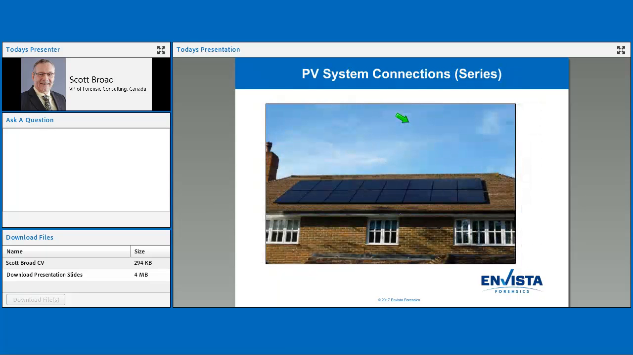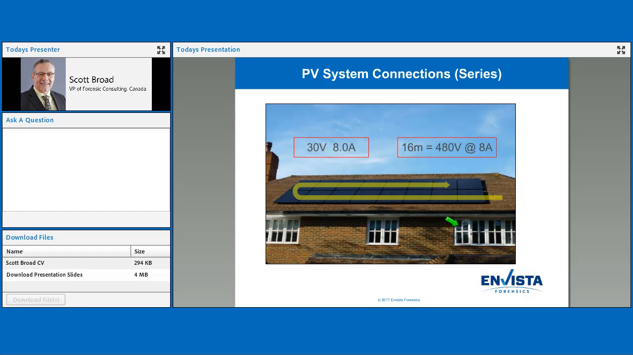Okay, moving on. In this case, this is a small array on a rooftop. We talked about the way that we connect these. We connect the panels all together like this as we add them. We know that a panel will generate 30 volts and about 8 amps output. So it's like our battery, which generated 1.5 volts and output 1 amp. These panels generate 30 volts and output 8 amps. So we've got 16 panels or modules, which equals 480 volts at 8 amps, because these panels are all connected together in